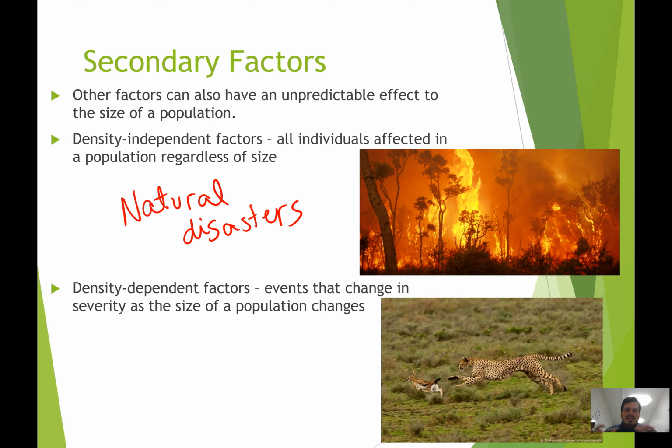depending on the size of the current population and how dense it is. Predation is a great example of this. And food availability as a whole is a great example of this. If there's lots and lots of antelope available, there's going to be lots and lots of cheetahs because of that bigger population of antelopes. As the population of antelopes decreases, there's going to be less and less cheetahs. So the density of those populations is going to affect the size of the population as a whole.